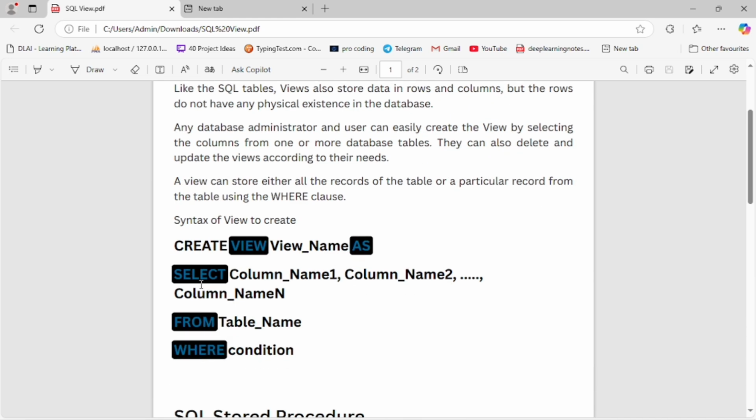Now let's go for the create view name as select, it is present in our already created table name, and select is used to retrieve the data from another table in a view from, and where clause is a condition to filter all the data whatever we want to show in the view.